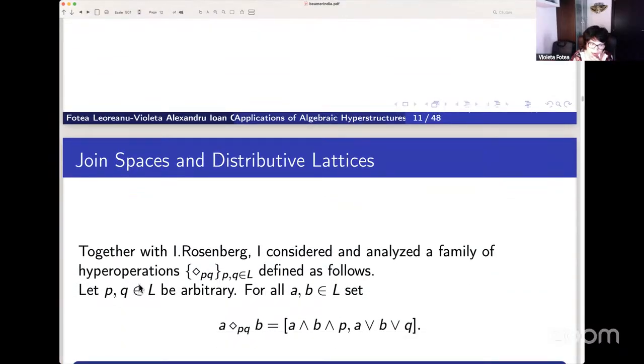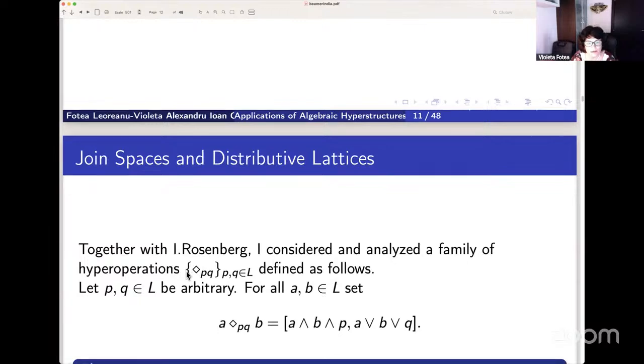Together with Ivo Rosenberg. Ivo Rosenberg was a famous mathematician from Canada. He passed away some years ago. I considered and analyzed with him a family of hyperoperations. We put here two indexes, P, Q, and we define a family of hyperoperations where A times_PQ B is the